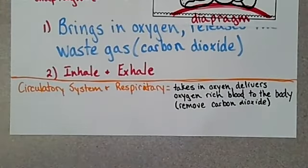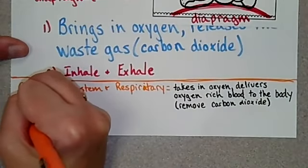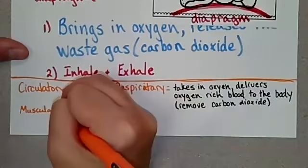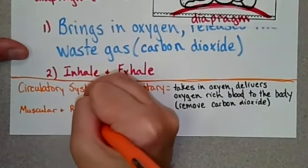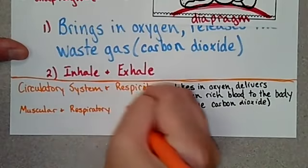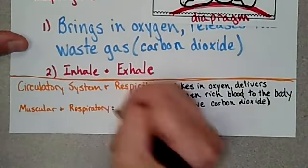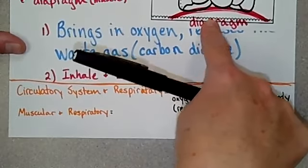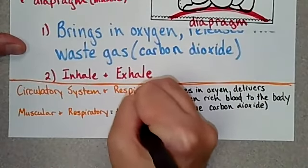Then I got one more connection. The muscular system also works with the respiratory system. Now, how? All right, so how do those two work together? Well, how they work together is that the diaphragm is a gigantic muscle, right? Okay, so it takes in oxygen